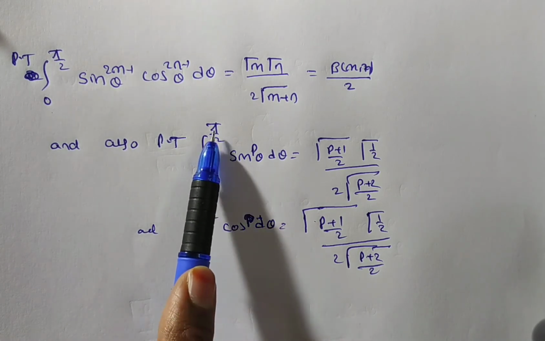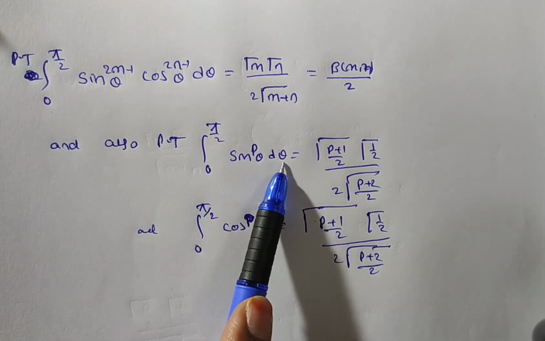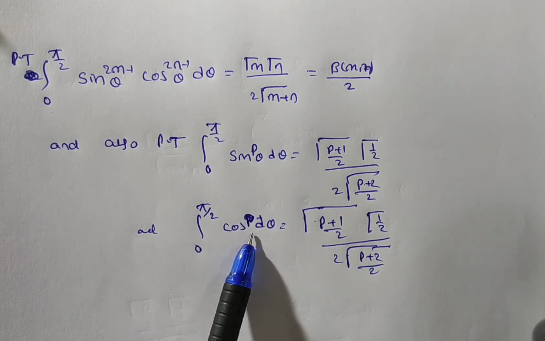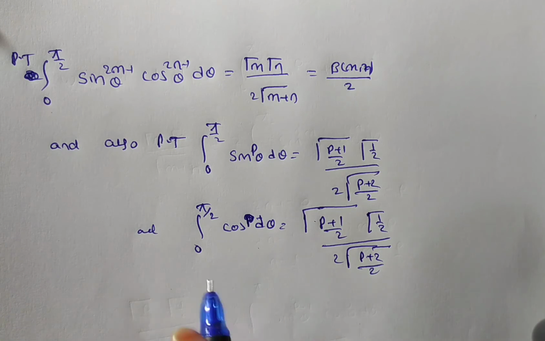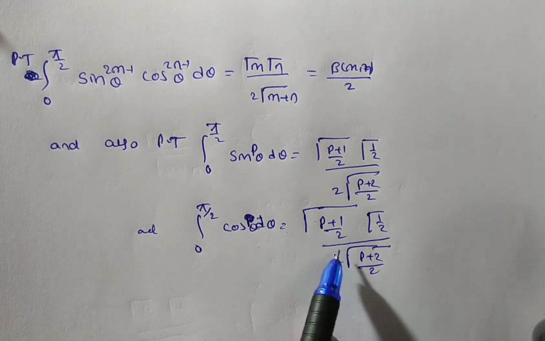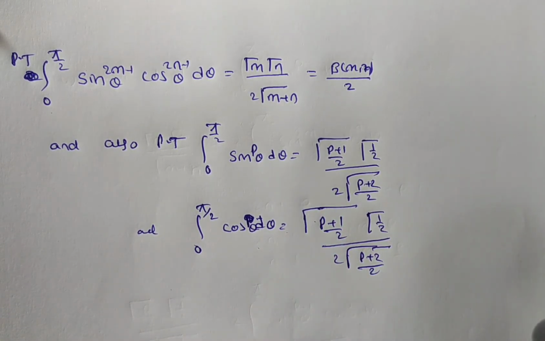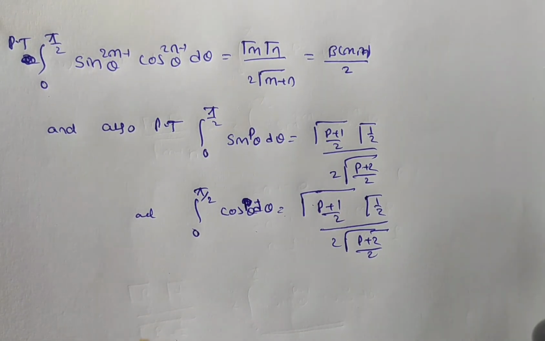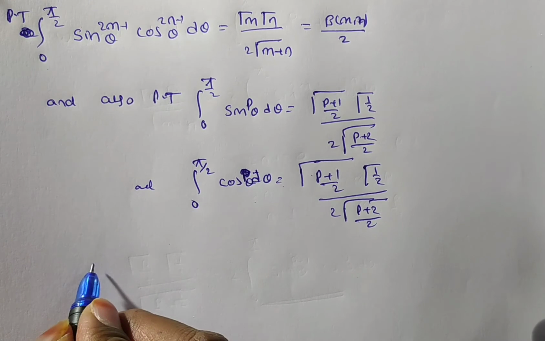First one, the integral from 0 to pi by 2 of sine to the power of p theta d theta, its value is this one, and the integral from 0 to pi by 2 of cos to the power of p theta d theta, its value is as it is. Both will be the same. Okay friends, you see this is very easy actually. Okay, how to prove it? First,